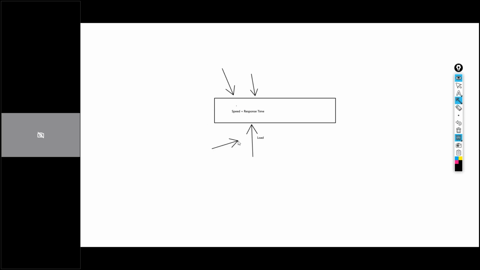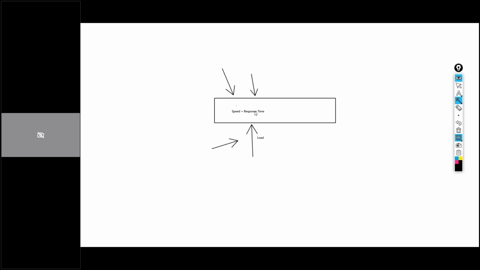Without load, we cannot say it is performance testing. There should be some amount of load that we have to apply on the system, and based on that, we verify the application responsiveness. That is called performance testing. Performance testing is all about evaluating the system performance under some load. If you're testing with one user, that is not called performance testing.